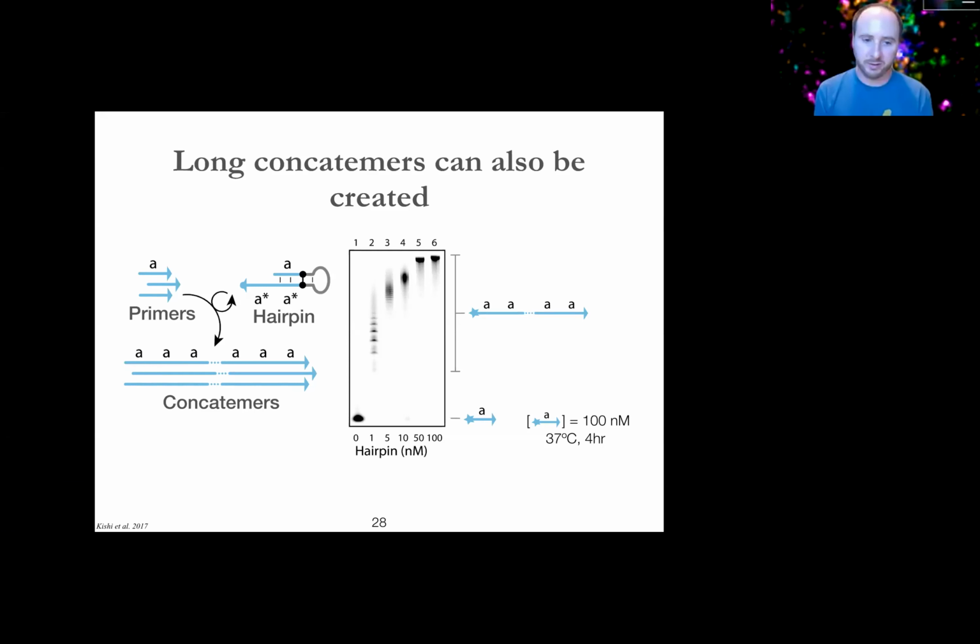So this is a really efficient and cheap reaction to generate potentially kilobases worth of repetitive DNA, the same 9 or 10 bases repeated over and over again. This is very similar to a PCR to set up. It costs about $1 per reaction. It's isothermal at 37, and you run it for 1, 3, or 4 hours.